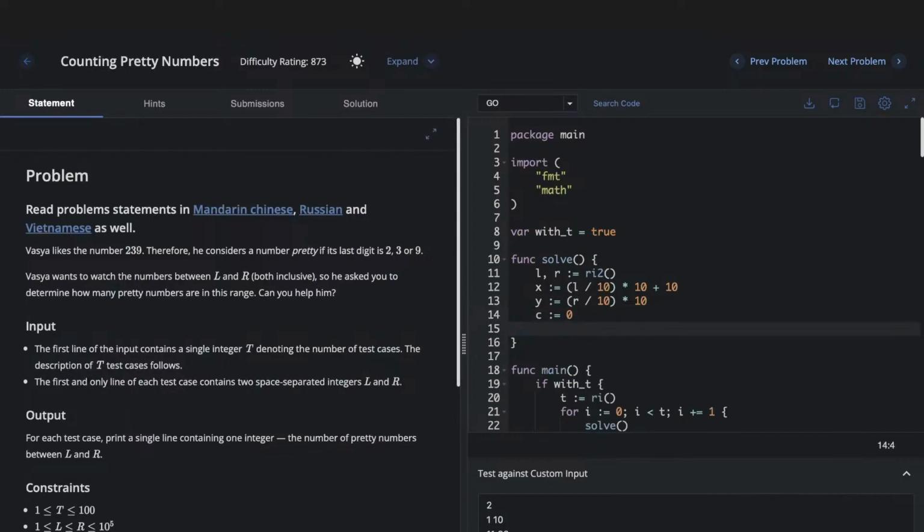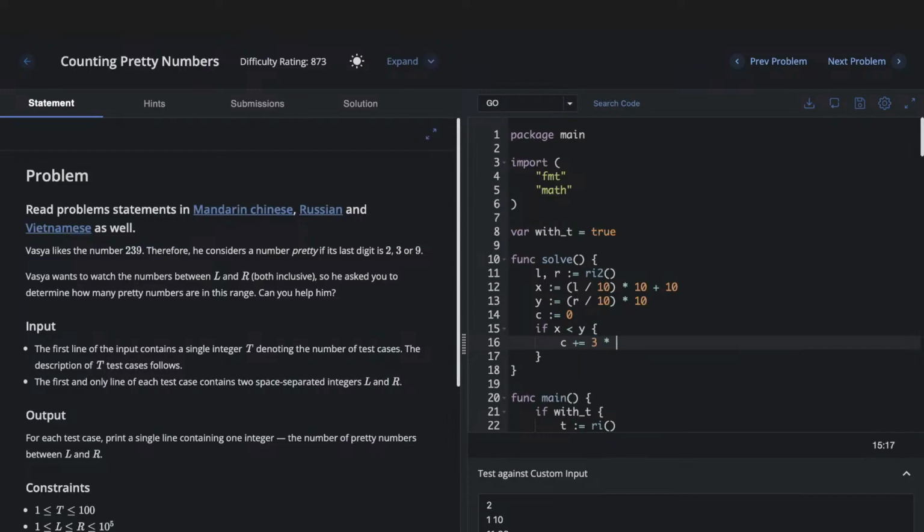Let's set it to 0, and if x is less than y, if they are equal then it will be 0, then c plus equals 3 times y minus x, and for